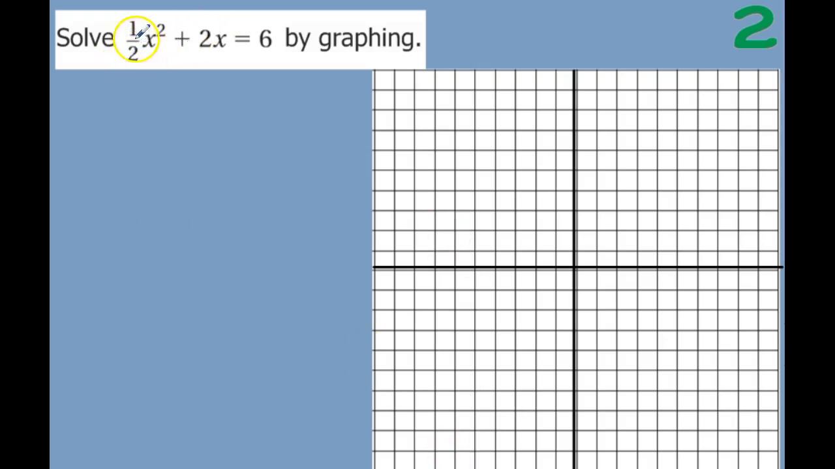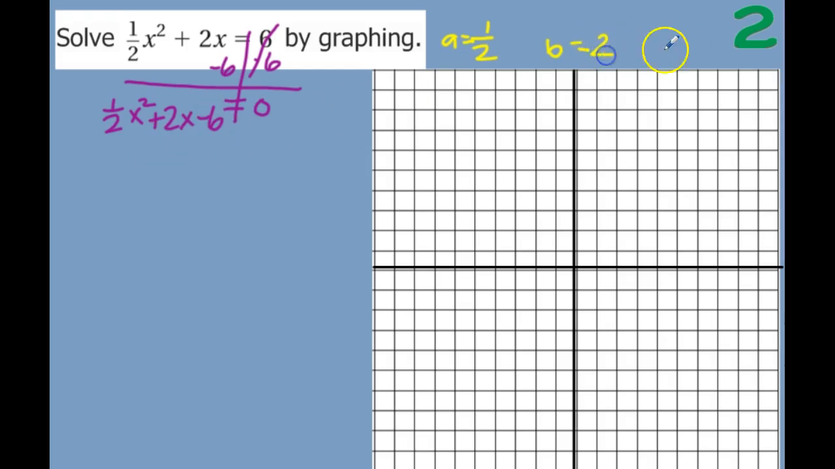We have ax squared plus bx, not plus c, it's equal to c. So we need to get c on the other side, so I'm going to move it over so that we have our equation equal to 0 or equal to y. So we have 1/2 x squared plus 2x minus 6. So now a is 1/2 up front, b is 2, and c is a negative 6. If you forgot to move this over, you would have said it's positive, and that would make your answer incorrect